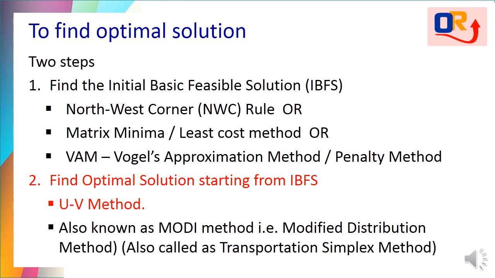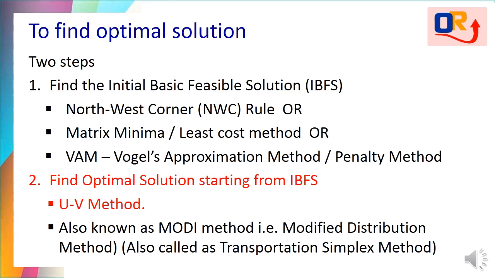Transportation problems are one of the important types of problems that we can find in operations research. In the last lectures, we have studied how we can get the initial solutions for the transportation problem. Northwest corner rule, least cost method or Vogel's approximation method can be used to get the initial solutions. Once the initial solution is got, we can use this solution for finding the optimal solution.